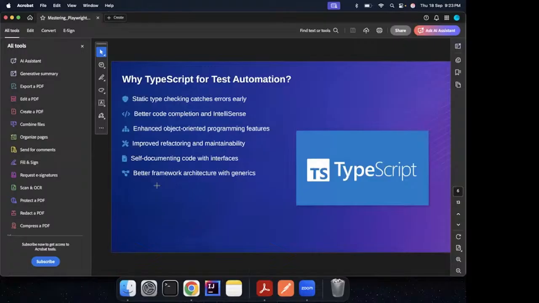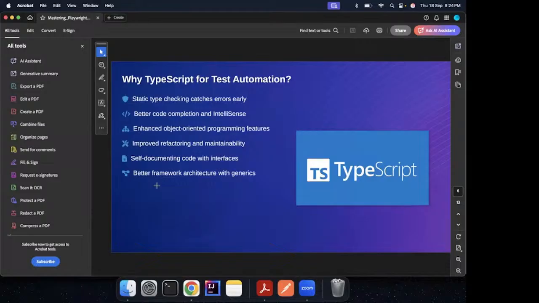Right. And the other thing a lot of people ask, why am I learning TypeScript for test automation? Why can't I do Java? You can do Java, no problem. Because there is Java support for Playwright also. But there are a lot of features in TypeScript or JavaScript that are native to Playwright. Okay, if you go to Java, what is going to happen is at the end of the day you have to again use TestNG as your test runner, or you have to use JUnit as your test runner. You cannot use the beautiful features of Playwright like Trace Viewer